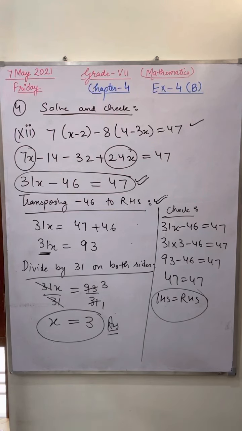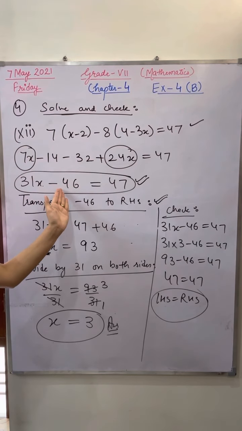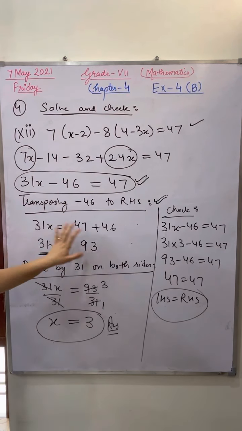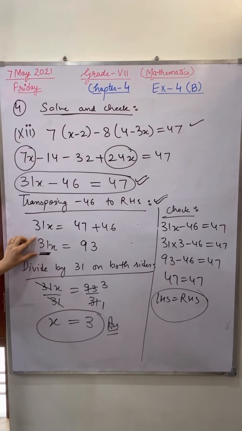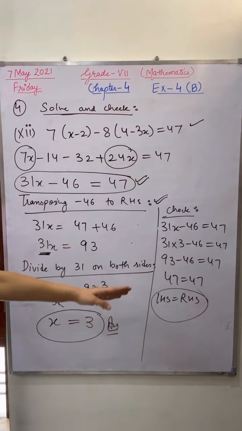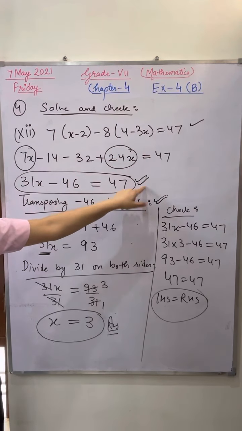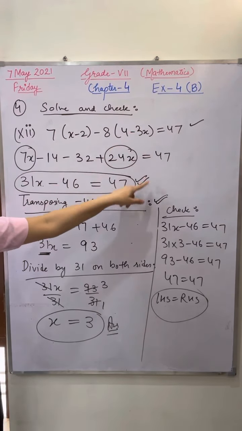Okay. So now I hope you all are able to understand that we always want variables on the left hand side and constants on the right hand side. If we are having any constant, you have to apply the transposition method. Now after this step, if anything is still left with the x, then you can go with multiplication or division. That's it, and take out your answer. Whatever answer you have, just put it in your question. Up to here also this is your question. You can put in any of the steps and then check it out. Left hand side should be equal to right hand side, and then you can verify your question.